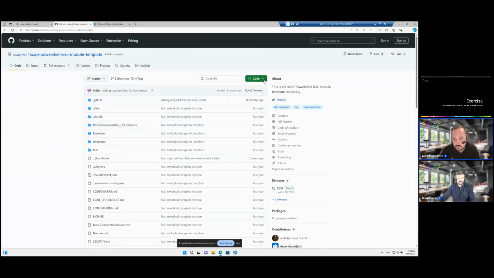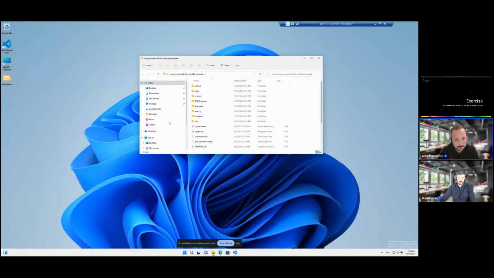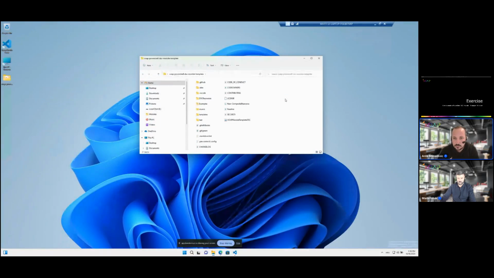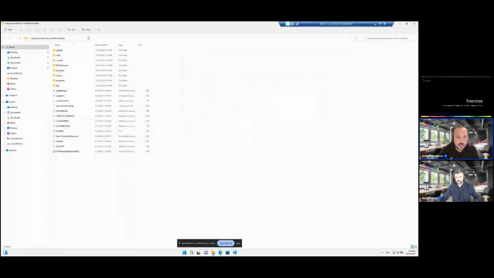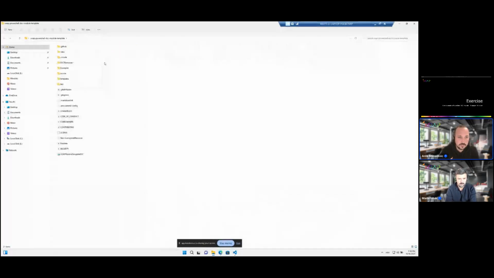So, nothing spectacular, just go to the code and download this as a zip file. Yes, as I already downloaded that in preparation, I have it right here. Maybe I can make this also a little bit bigger. Okay, better like this. So here it's important to run this new composite resource in PowerShell